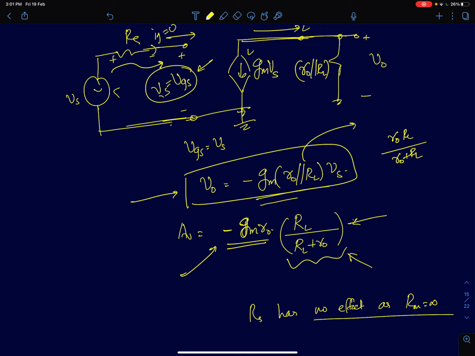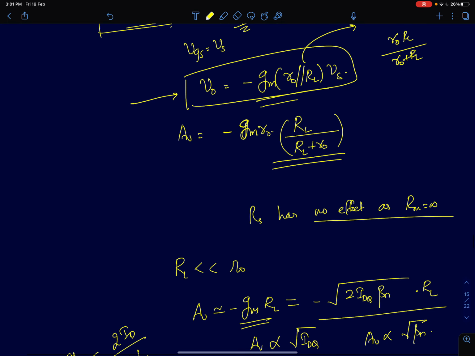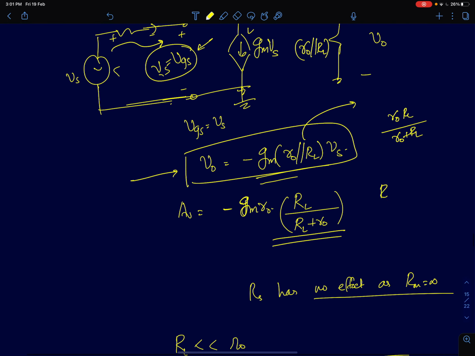But because the output resistance is not infinity, you are going to have some kind of dependence on the load resistance. And the dependence here is given by RL by RL plus R0. So now, if you want to maximize the voltage gain, then the value of load resistance should be in the order of R0. So typically when you see integrated circuit MOS amplifiers, common source MOS amplifiers, when they are used